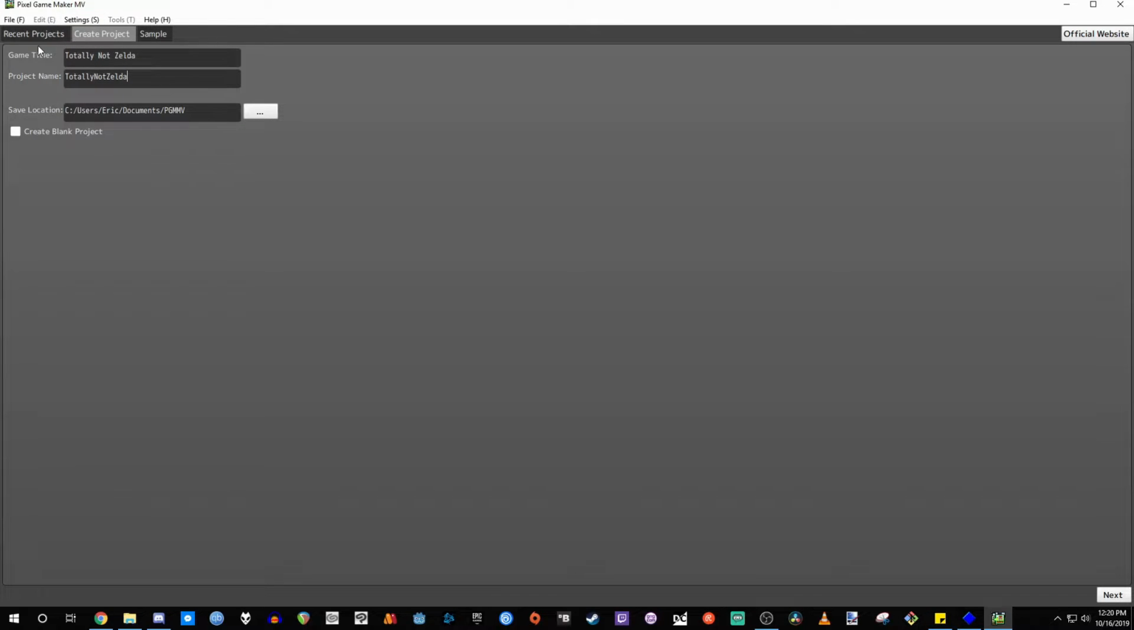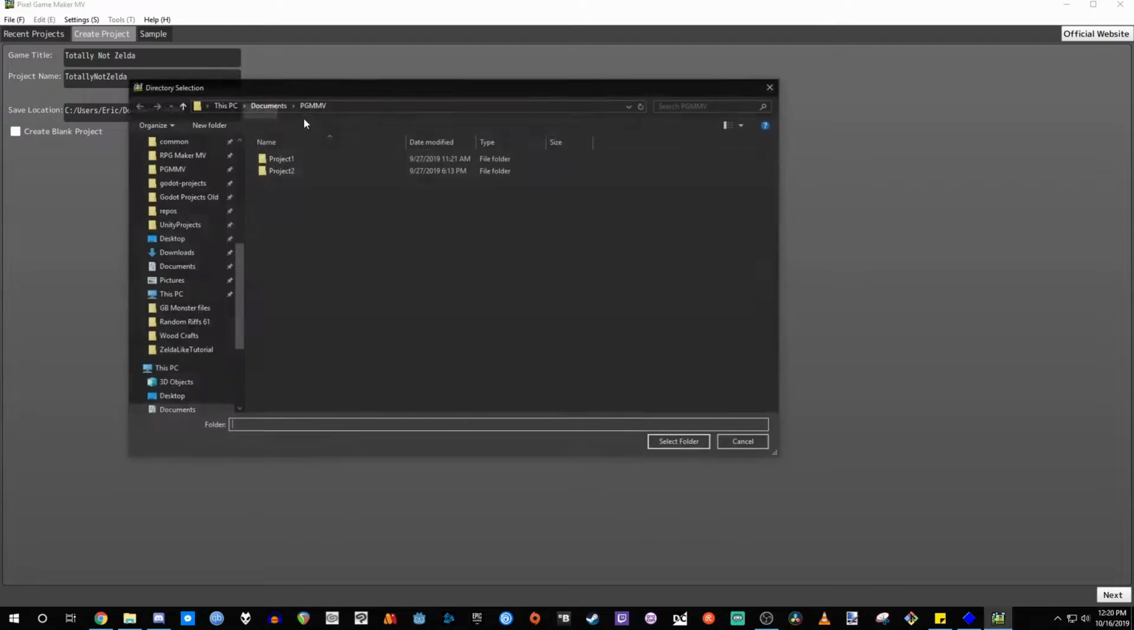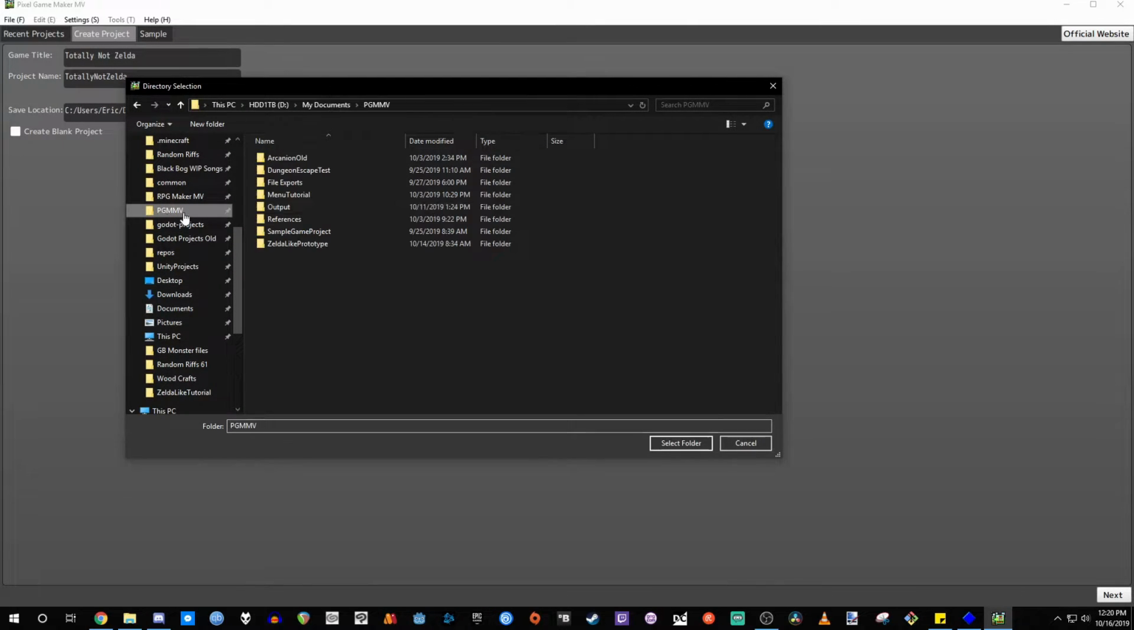project name. So these are two different things. This is the title of your game, and then this is the project's name. This is what it'll be saved as. And then here you can choose where you want it to save. I do not want it to save there. Please stop defaulting to that. I made my own little folder right here. So we're going to put it in